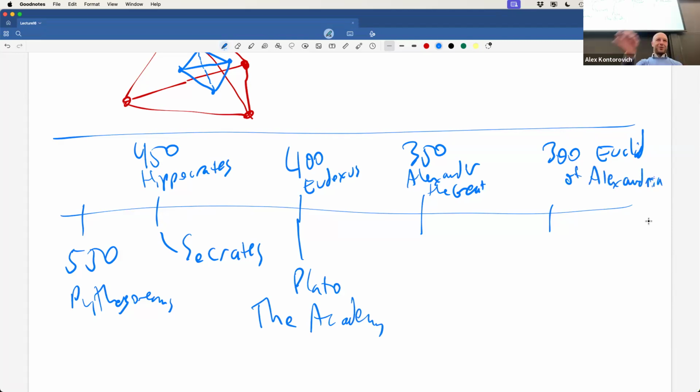Euclid of Alexandria. This is why I put Alexander the Great here. So this is North Egypt, North Africa in Egypt. Plato's Academy is in Athens. Plato teaches a guy named Aristotle, and Aristotle teaches Alexander the Great. Okay, so Alexander the Great has a great respect. Now, Plato is not himself a mathematician.